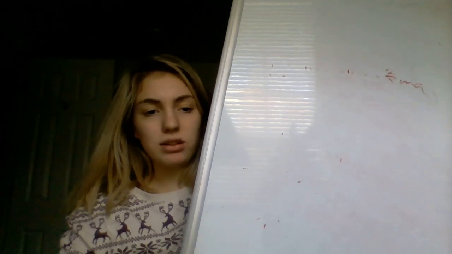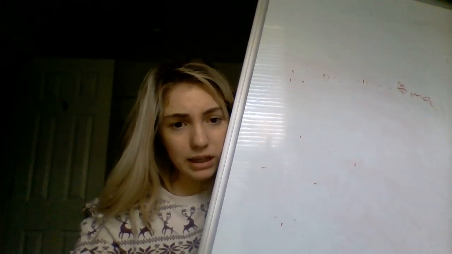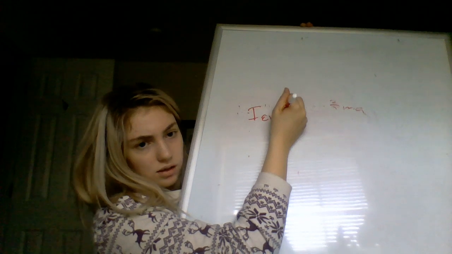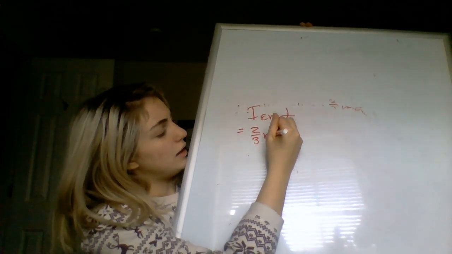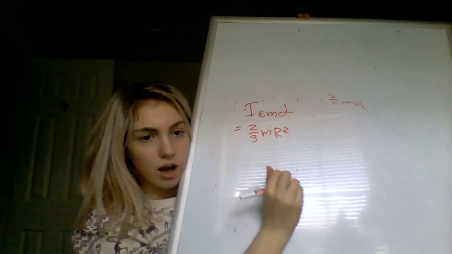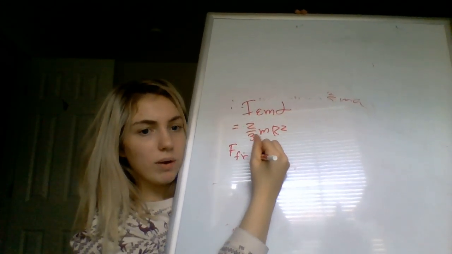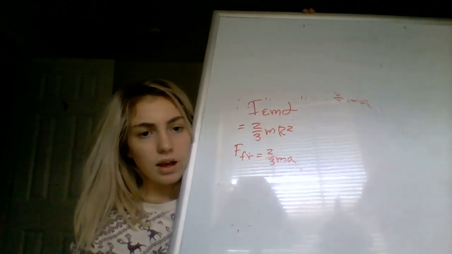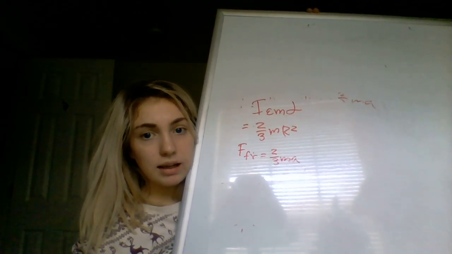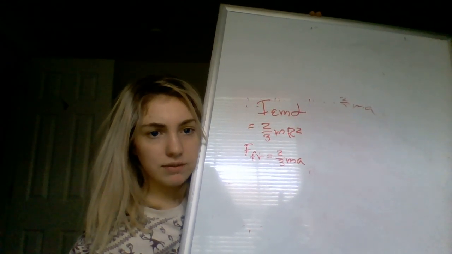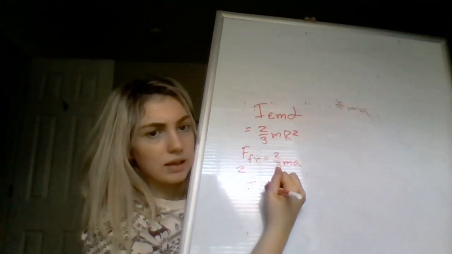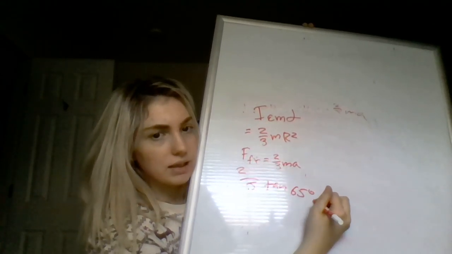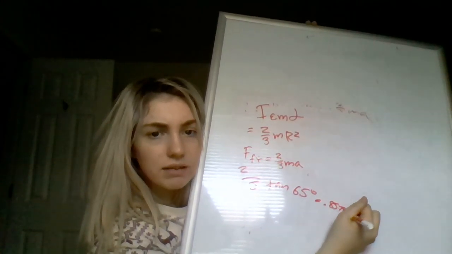And then for part B, I'm just going to repeat what I did for part A, but with a hollow sphere rolling down the hill instead. And so the moment of inertia about the center of mass for that is going to equal 2/3 mr squared. And then for our not slipping condition, we have an equation given to us. And then once again, I do the x and y coordinate, cancel out the terms using the equations given to us, and we eventually get that 2/5 tangent of 65 degrees equals 0.8578,